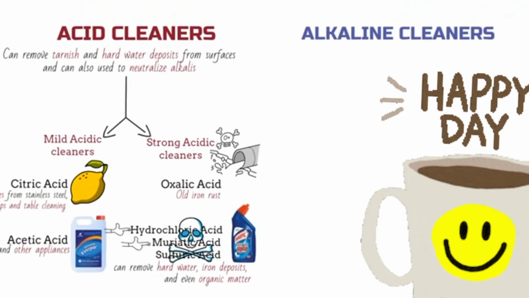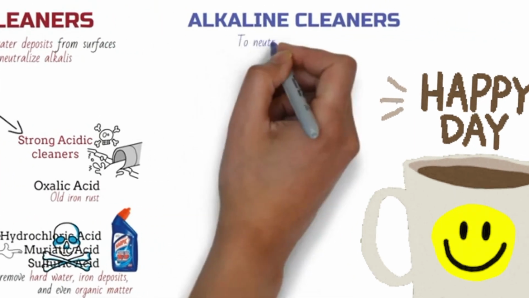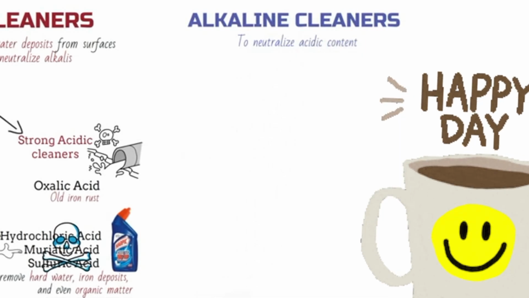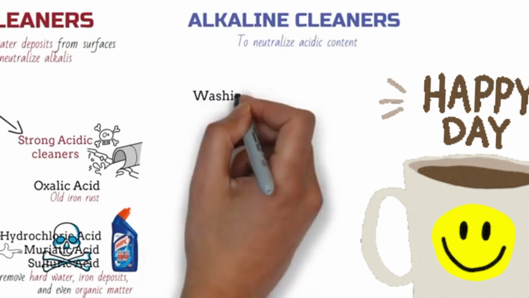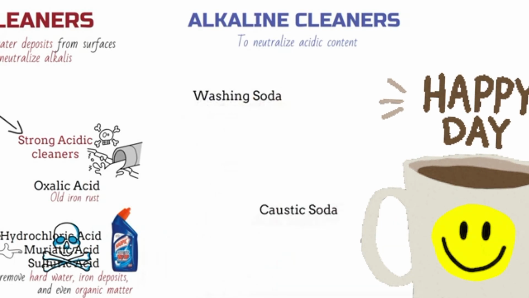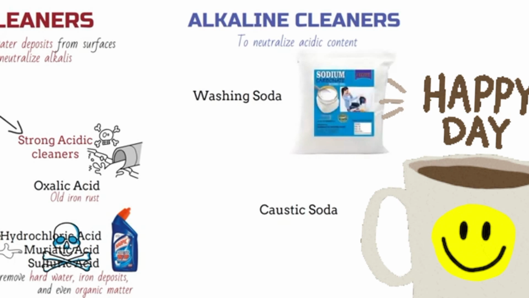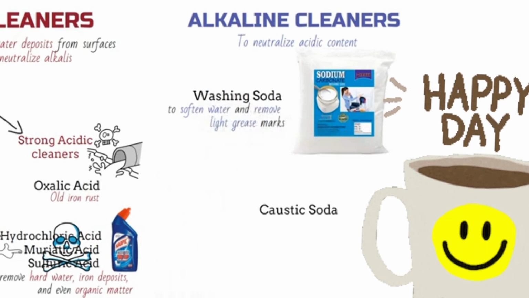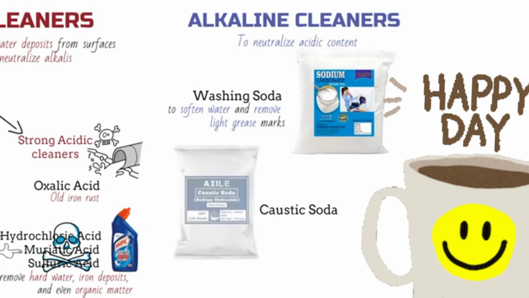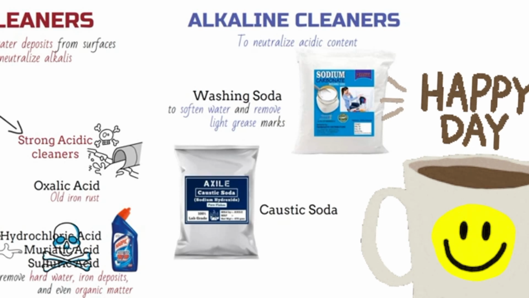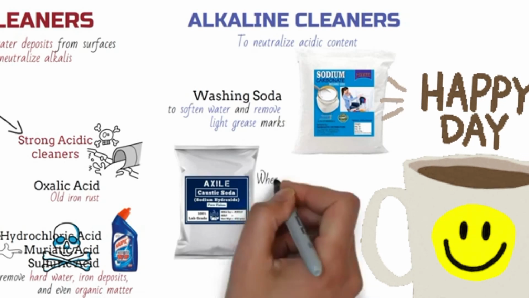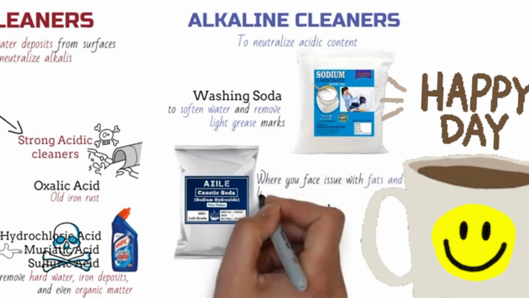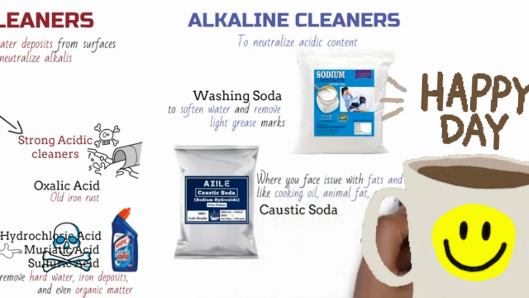Now let's come to alkaline cleaners. Obviously, you can use these to neutralize any acidic content. In alkaline, two of the most common examples are washing soda and caustic soda. Washing soda, in scientific term known as sodium carbonate, is used to soften water and remove light grease marks. Mostly used in washing machines for cleaning clothes. Caustic soda, also known as sodium hydroxide, is used in removing grease from grills and blocked drains. You can use it anywhere where you face issues with fats and oil like cooking oil, animal fat, oven grease,